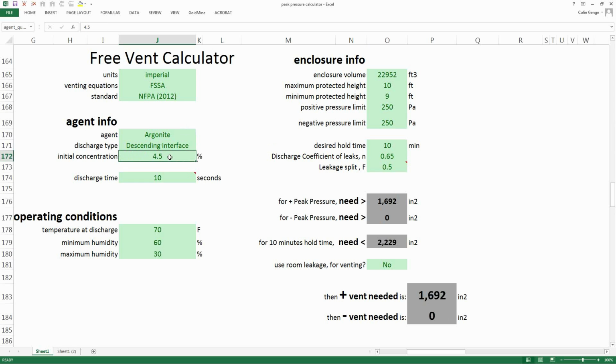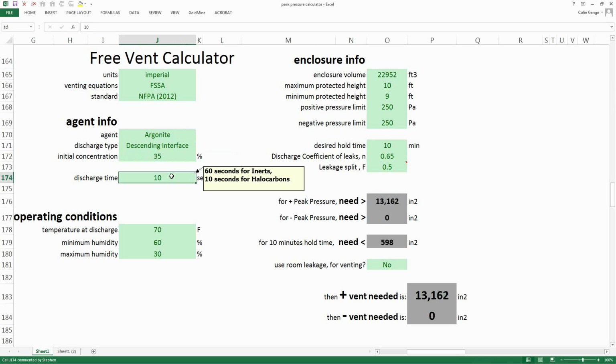Descending interface, initial concentration of, let's say, 35%, a discharge time of 60 seconds, temperature discharge 70. Humidity actually doesn't really matter for an inert, it doesn't affect anything. Enclosure volume, maximum height of the enclosure, minimum protected height, positive pressure limit 250, negative 250, which again doesn't really matter, desired hold time 10 minutes. And so what that tells us here is we need